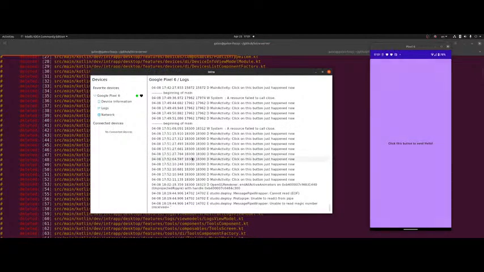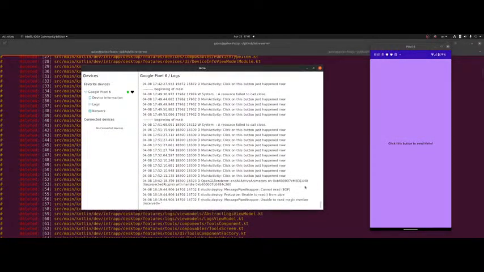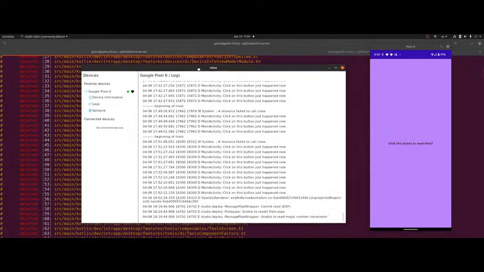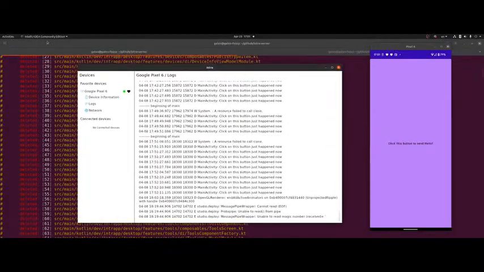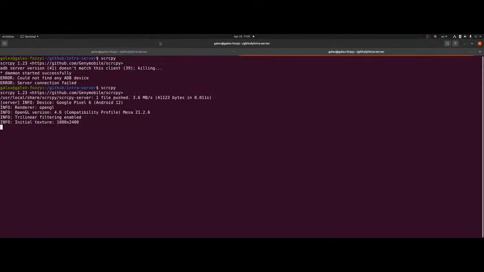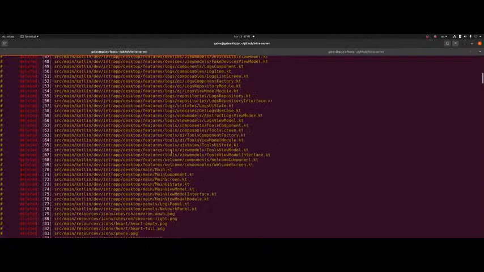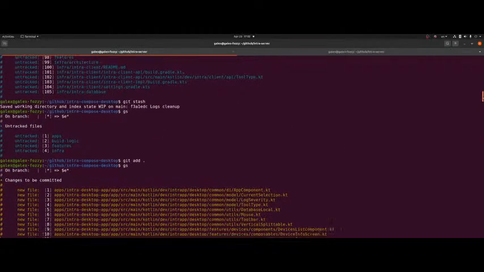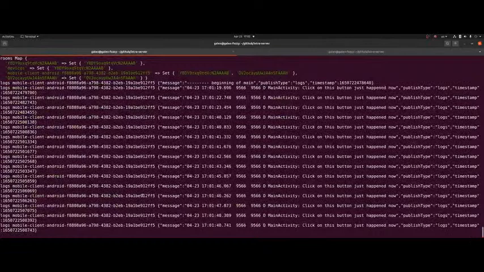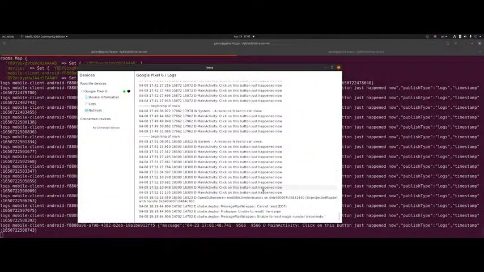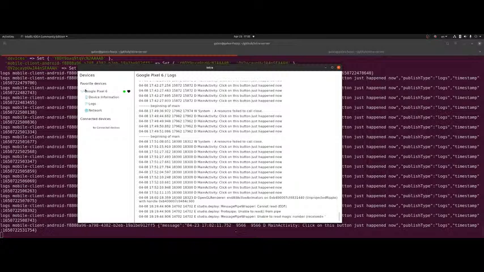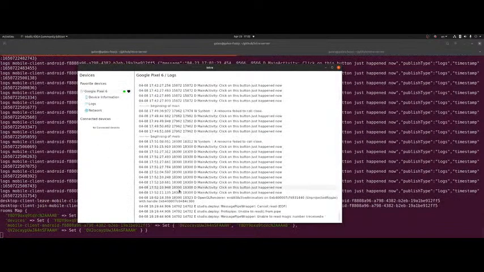So the interesting thing is to see why. Let's maybe debug this. Let's see why we don't manage to have it click. You see, I can click on the device, but I don't have anything happening on the desktop app, the Jetpack Compose Desktop. And it's mainly a problem of communication here. So let's see if our server, actually, I have a feeling that no, the device is there. If we click here, we do have connections. So something is not